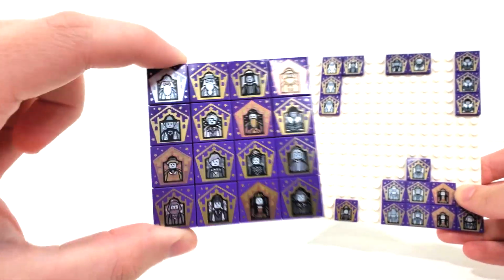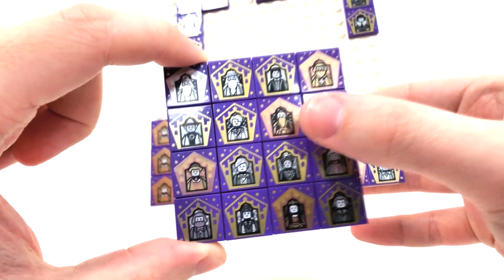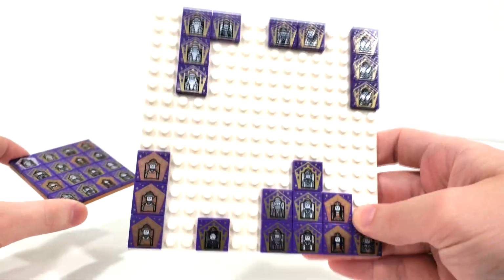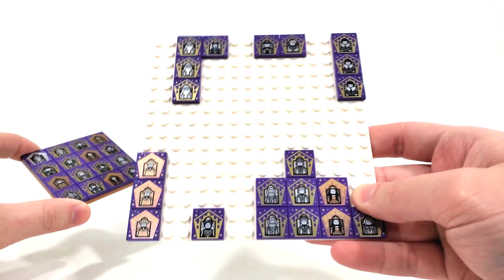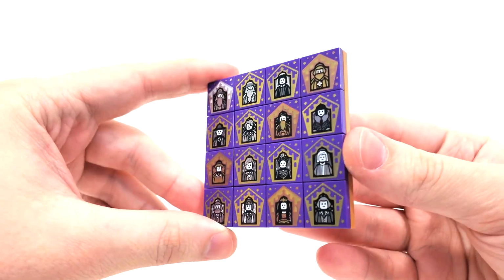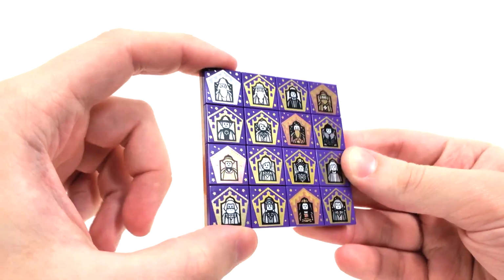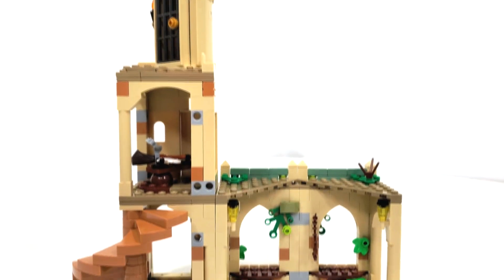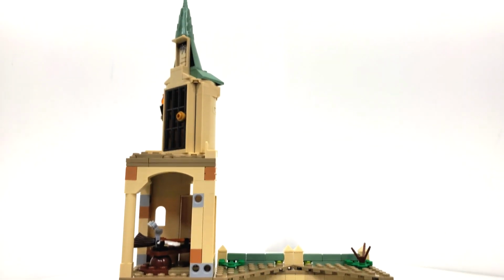I happen to have one extra only because I needed to get another polybag for Salazar Slytherin, who I haven't happened to have gotten an extra one of, unfortunately. But anyways, kinda disappointing that LEGO hasn't decided to make a second series of these. I don't know who they would put on here, but would have been a lot more fun than collecting the old ones again. And with Buckbeak and his friends out of the way, we can now take a look at